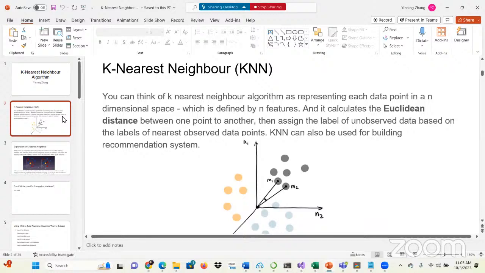So what we do here is, for example, there are 3 classes randomly in the space. And if we have a new point and we want to predict,